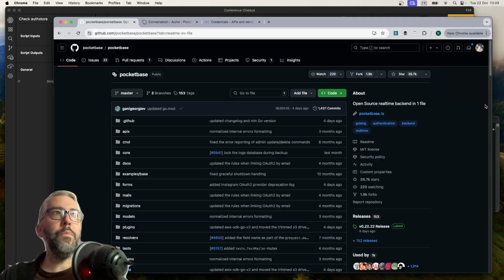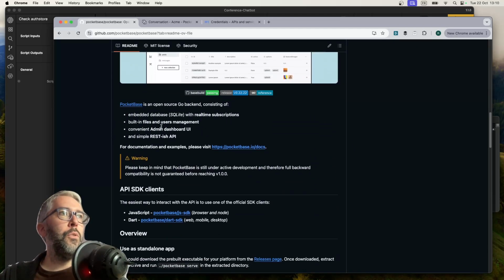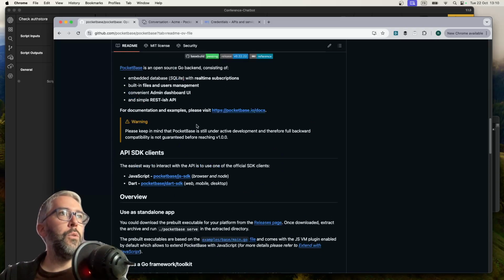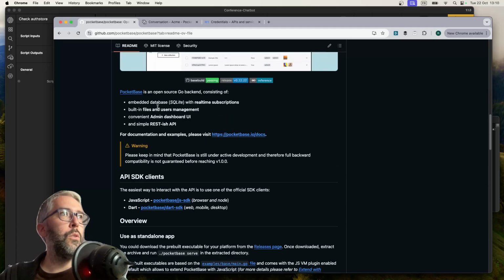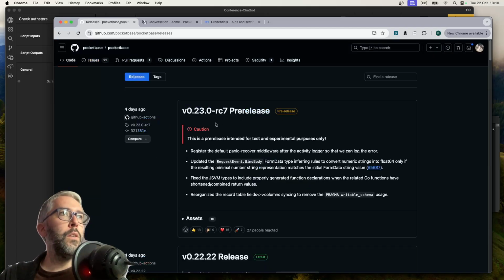First of all, where do we get Pocketbase and how do we set it up? So Pocketbase is open source. Just hit up github/pocketbase/pocketbase and you will find very nice documentation, very simple. If you just want to set it up on your local machine to test it out, it's the simplest one that I've ever used, which involves just going to the releases page,